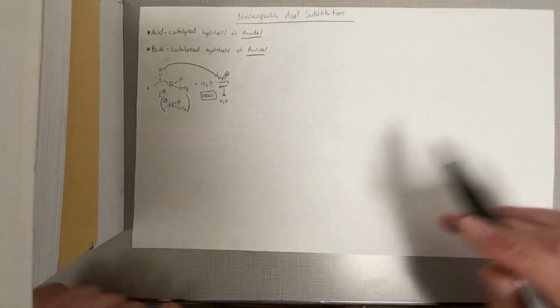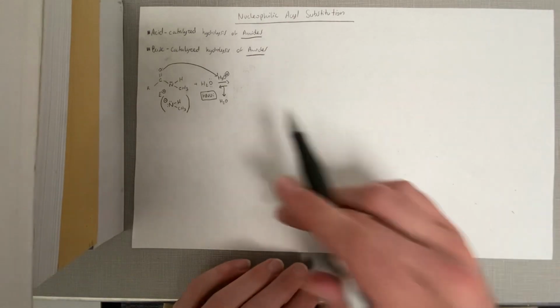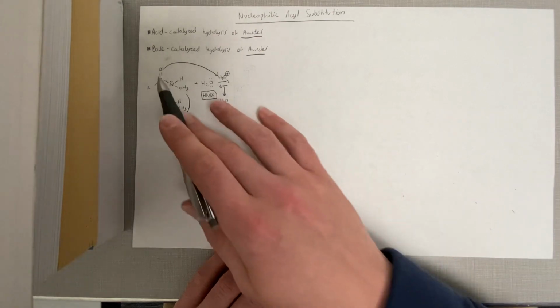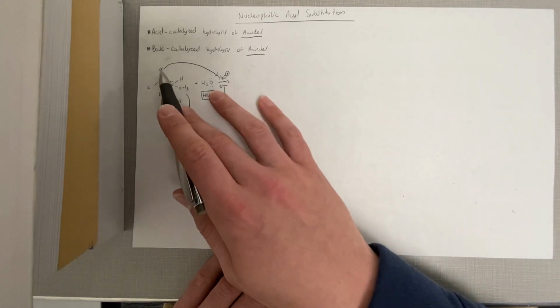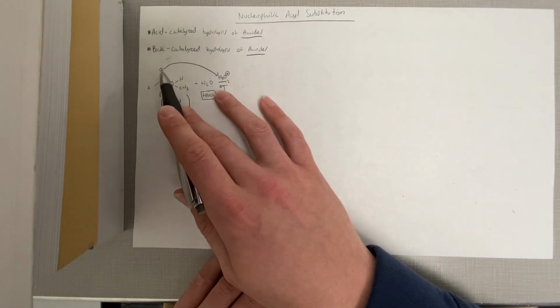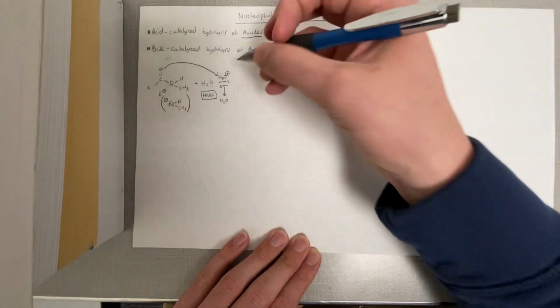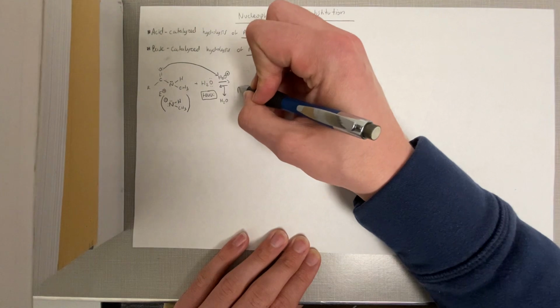Thus, it will be able to attack and start the substitution. So the first step is, like I said, the protonation. The lone pair on the oxygen is going to grab a proton on this acid here, giving us